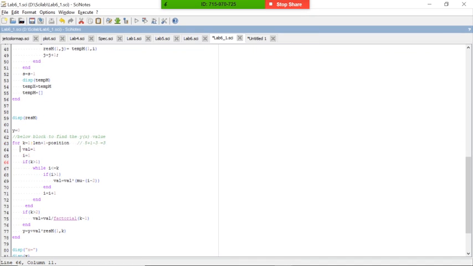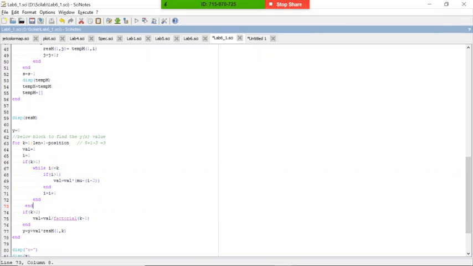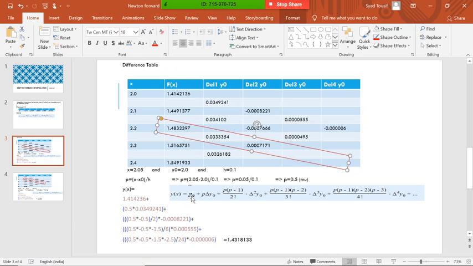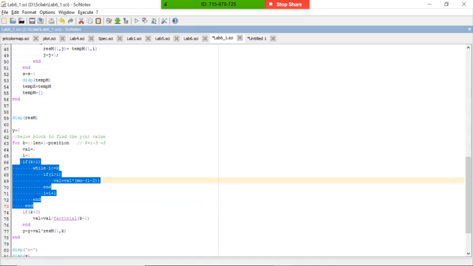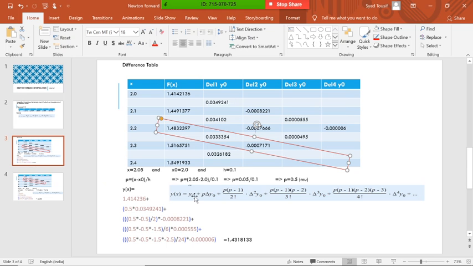So next is the value. Using this value we will calculate the p value. The i value is always 1. This is the block where we are calculating the p value. At the first position, y naught, you can check out, there is no p value. So the condition is that k has to be greater than 1. So for y naught, it doesn't need to calculate the p.